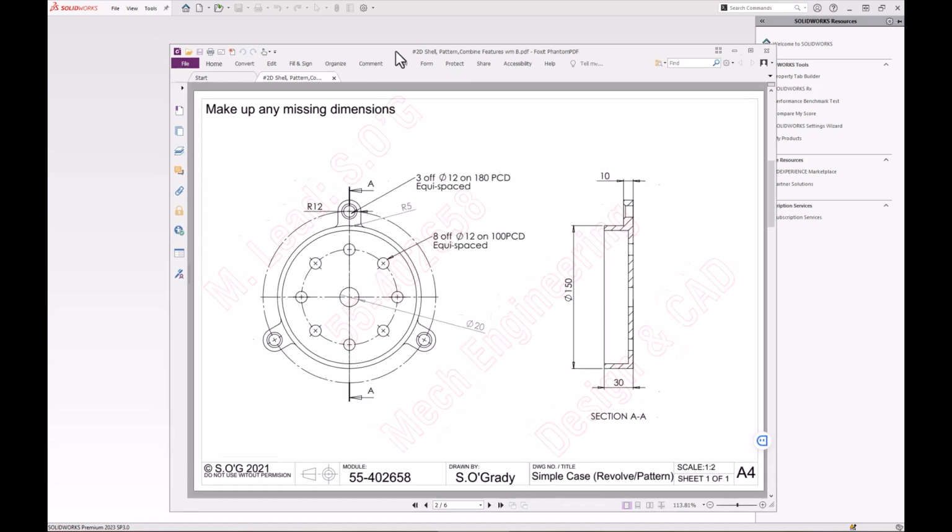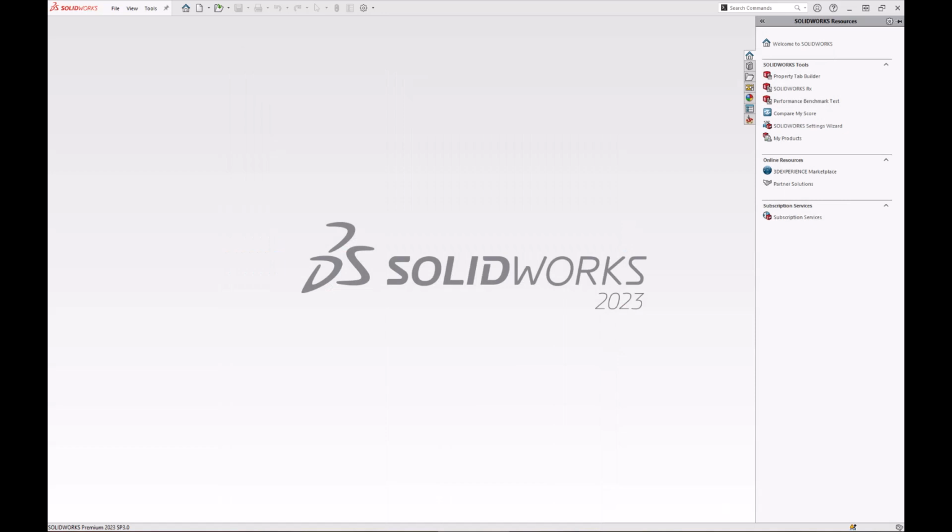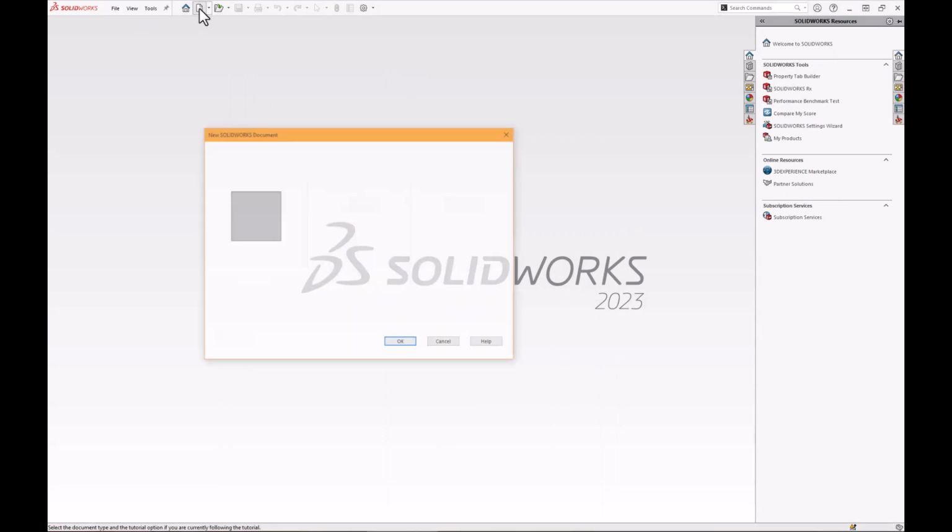So let's begin. I think the first thing that we'll do in the creation of this is we'll create a simple revolve, just to kind of create this dish shape. So let's get on with that. So I'm going to create a new part,